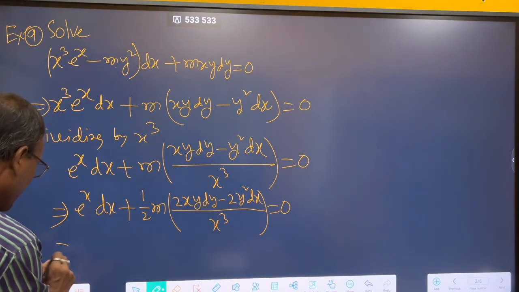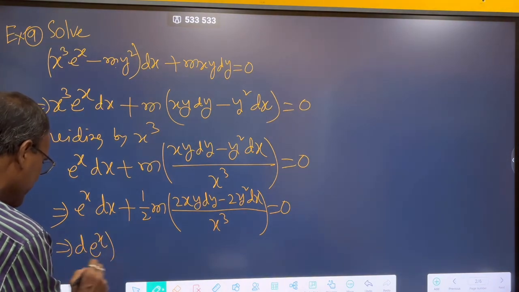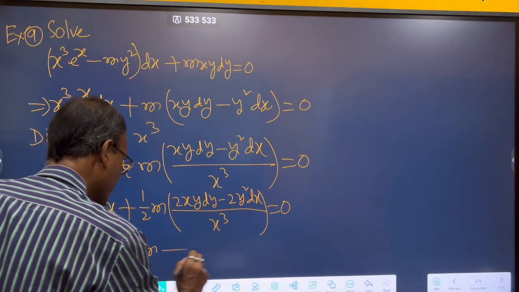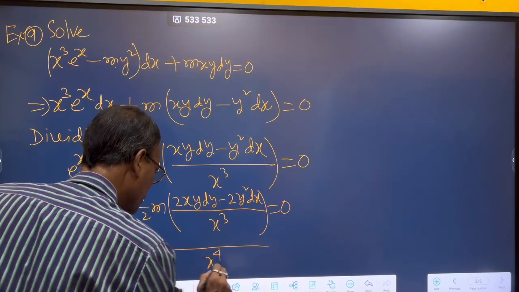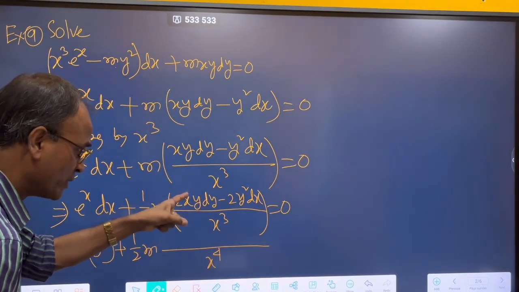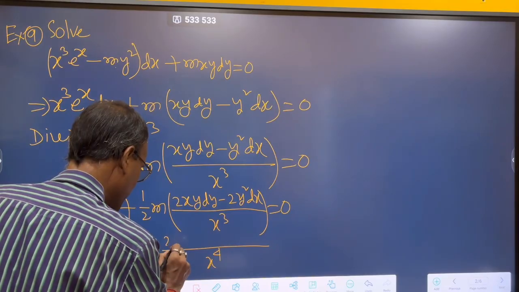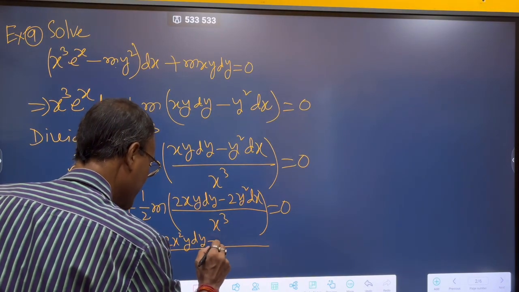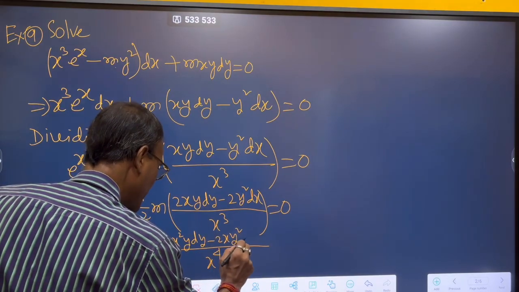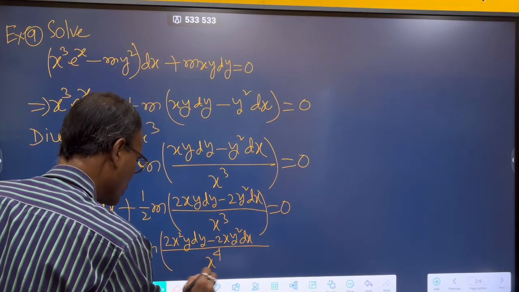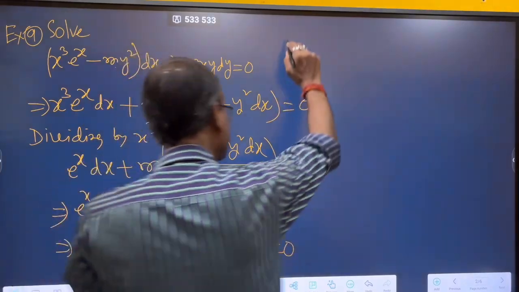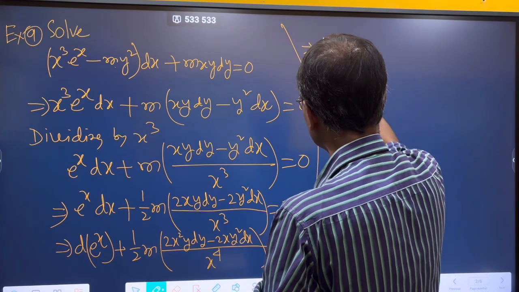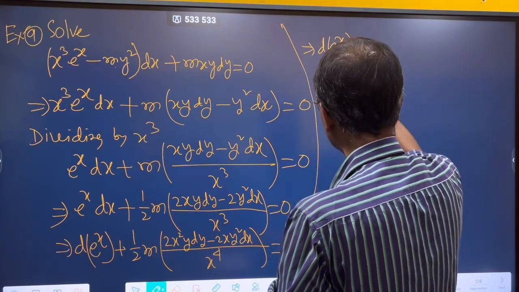Or for this you may write d of e to the power x plus half of, just write x to the power 4 here, multiplying numerator and denominator by x, twice x square y dy minus twice x y square dx, equal to 0. Or d of e to the power x plus half of